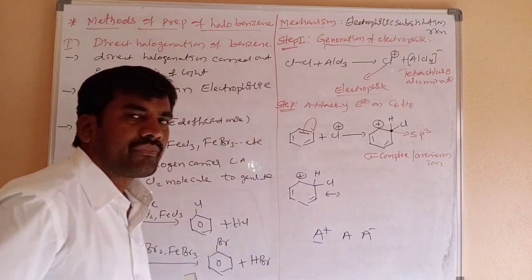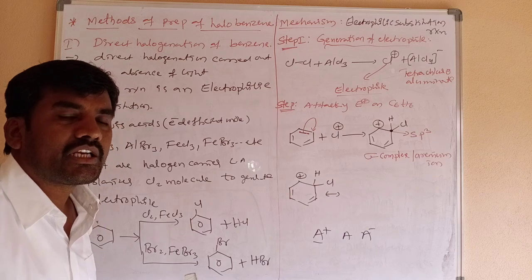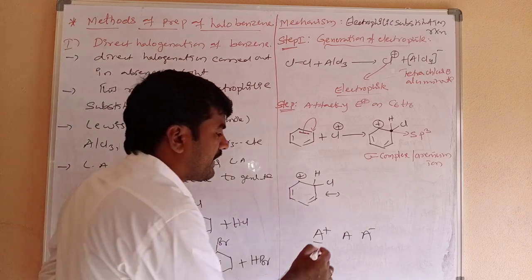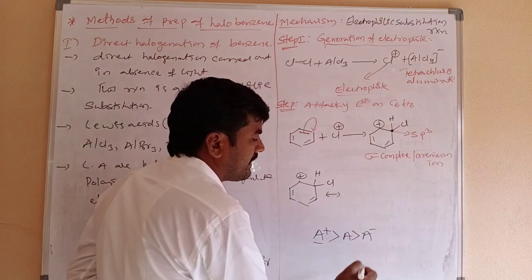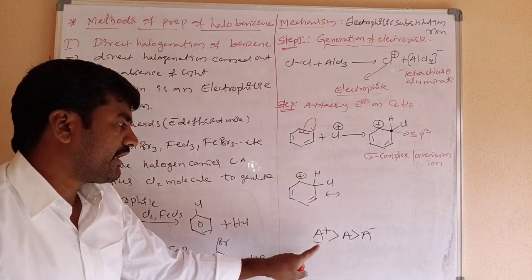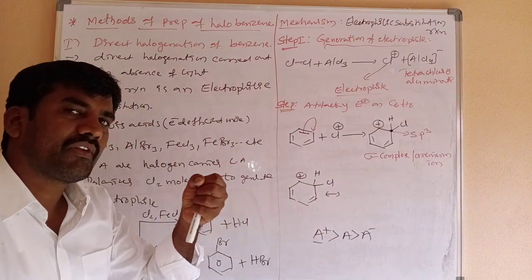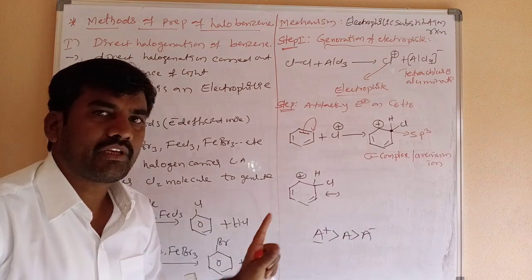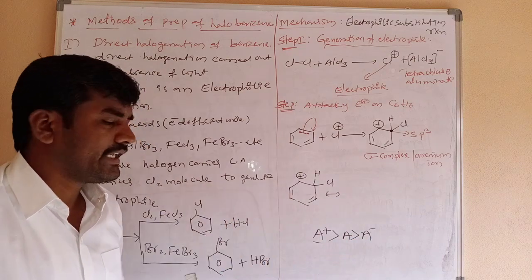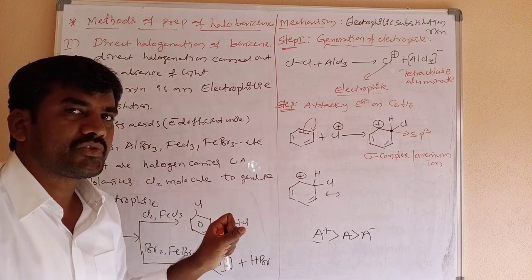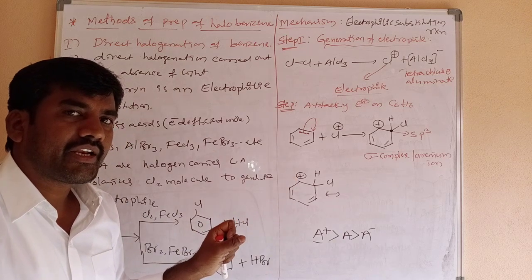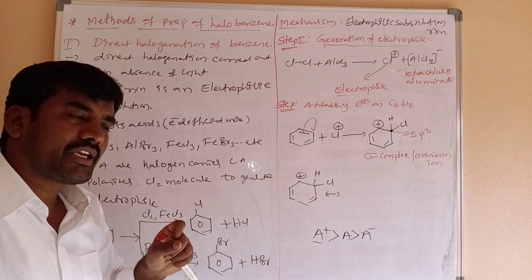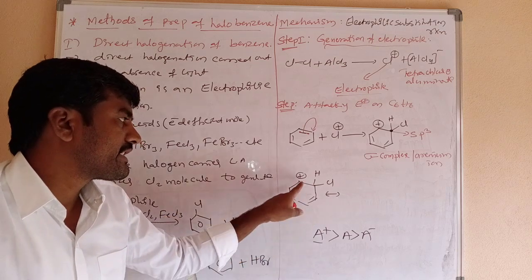A negative is already electron rich, so it repels the electrons; its electronegativity is less. Now the electronegativity of A plus is greater than A, which is greater than A negative, clear? Electronegativity of A plus means the tendency of attracting electrons towards itself is more in positive, then neutral, then negative. Understand? Now in this arenium ion, this carbon has a positive charge, so its tendency of attracting electrons towards itself is more, because electronegativity increases due to the increasing positive charge.